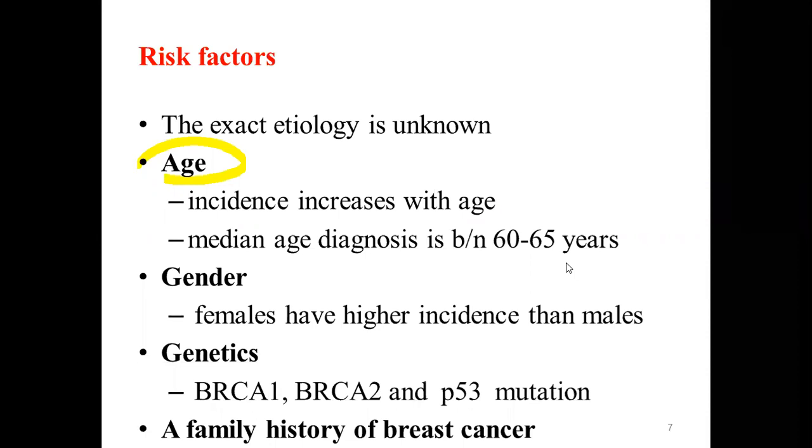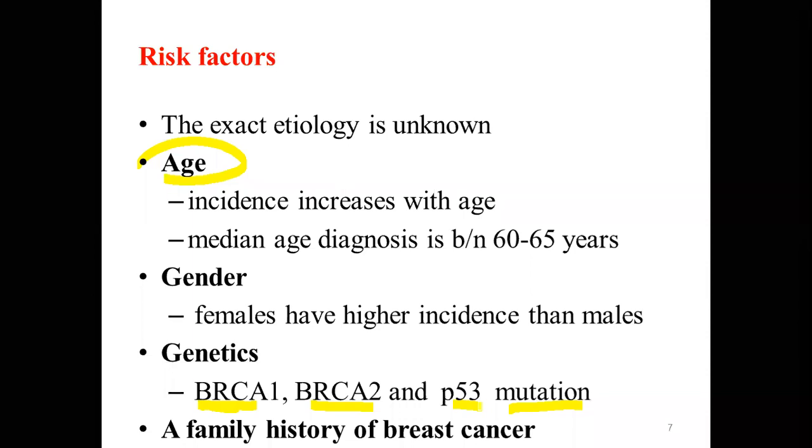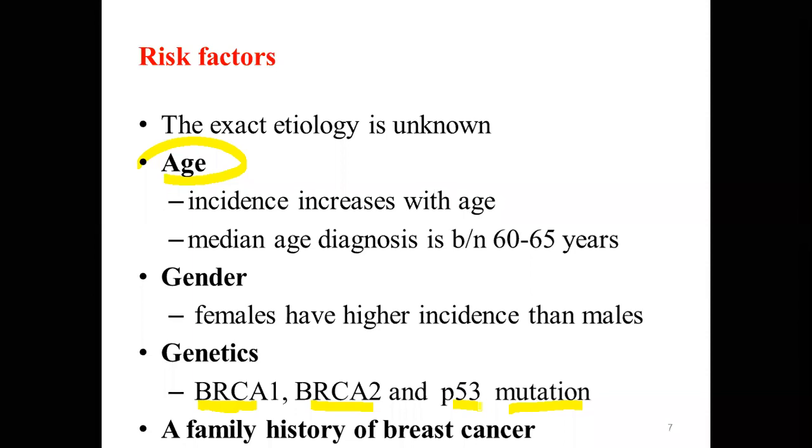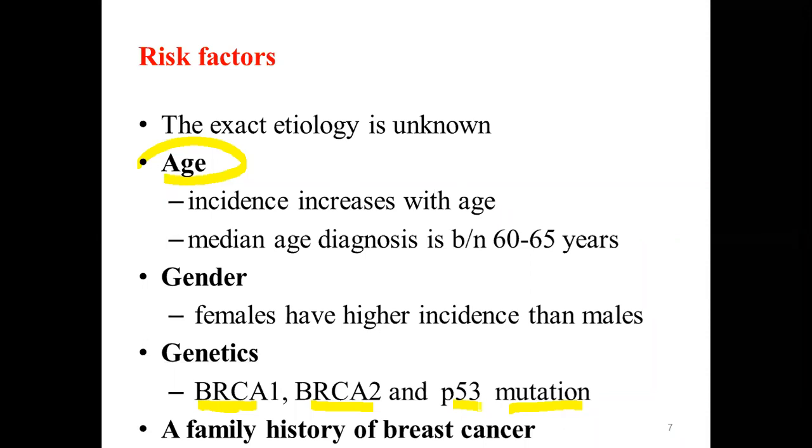Genetics. Sorry, can you speak up a bit? Genetics. Yeah, there is a possibility of genetics. As you can see from here, when someone has a BRCA1, BRCA2, or P53 mutation, remember those BRCA1, BRCA2, and P53 are tumor suppressor genes. So if there is a mutation of those genes, the probability of having cancer is very high. Not only breast cancer, but the probability of having other types of cancer is very high. Okay, good. Genetics. Any other?